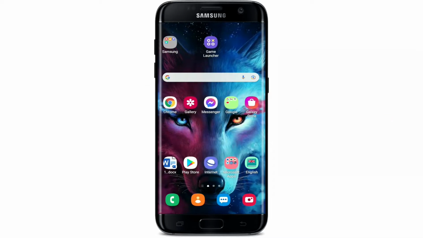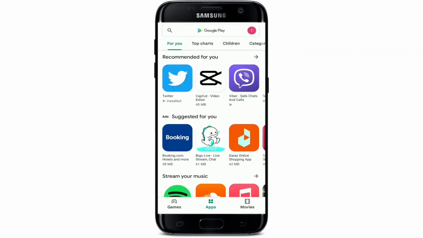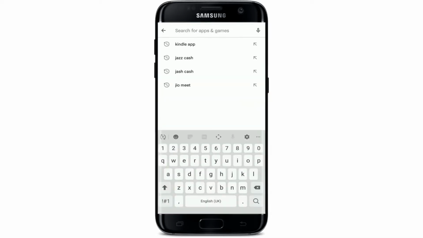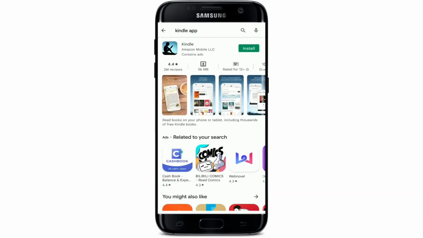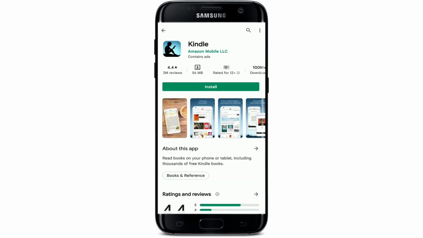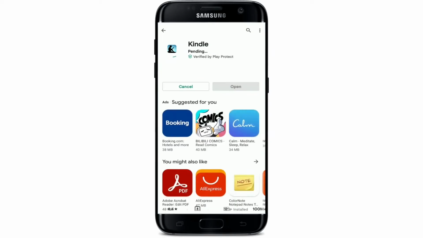Start off by opening up your Play Store, and soon after you do that, go to the search box at the top and type in Kindle app and make your search. You'll be able to see the application displayed at the very top in the search result. Tap on the app in order to view further information about the app. In order to quickly download the application for your Android, tap on the install button in green and wait until